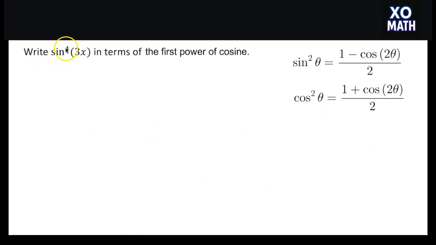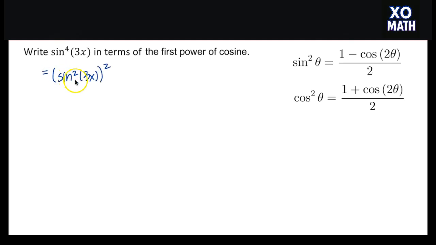Let's write sine to the fourth of 3x in terms of the first power of cosine. We're going to need our power reducing identities, which are written over here to the right, and they involve sine squared and cosine squared. So if we're going to get this sine to the fourth to be a first power of cosine, we're going to start by rewriting sine to the fourth of 3x as sine squared of 3x all